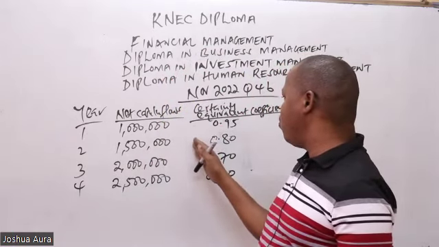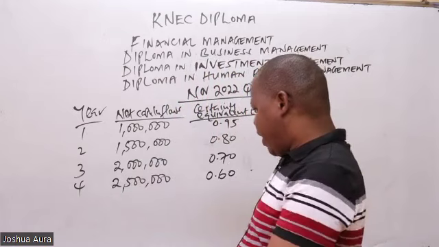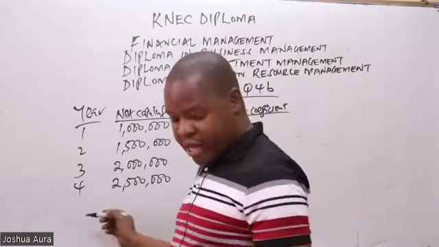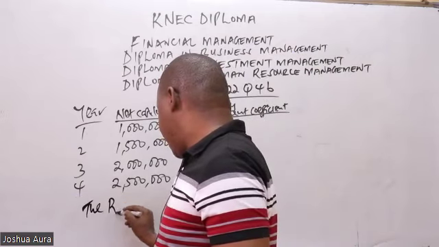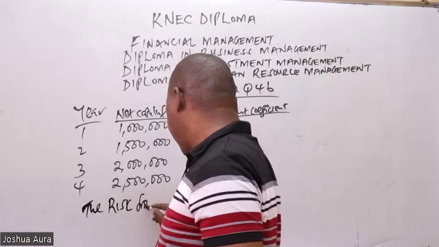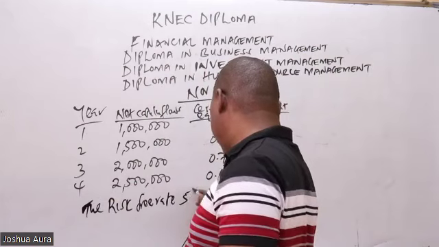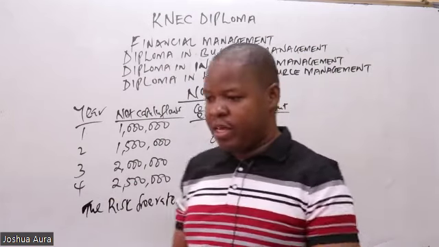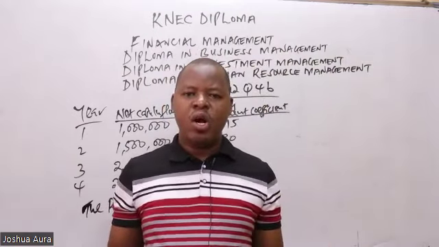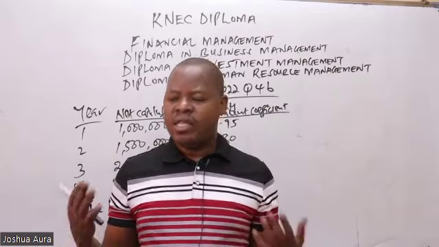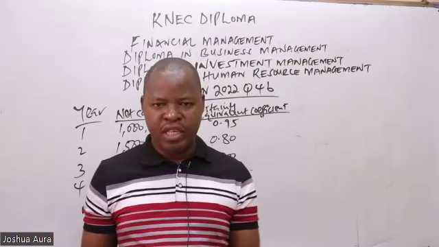So, my good people, when the examiner has given you cash inflows, the examiner has also given you the certainty equivalent coefficient. You are also given here the risk-free rate, which is 5%. So when you are given cash inflows and the certainty equivalent coefficient,